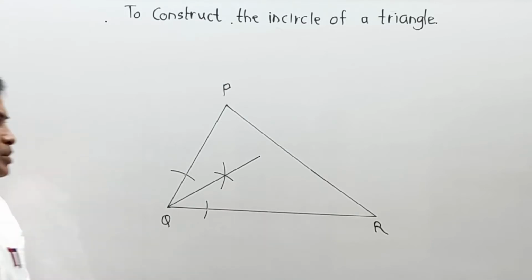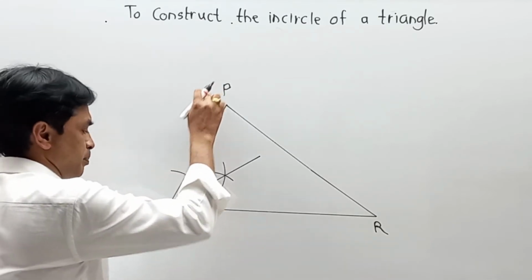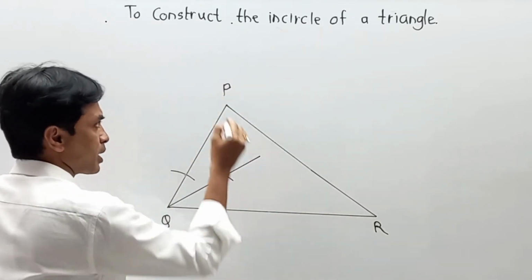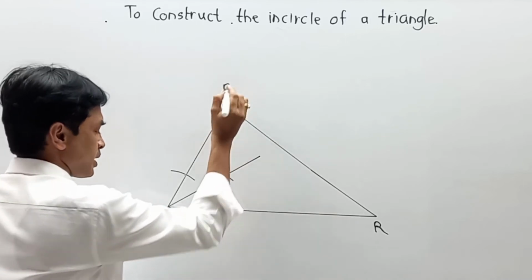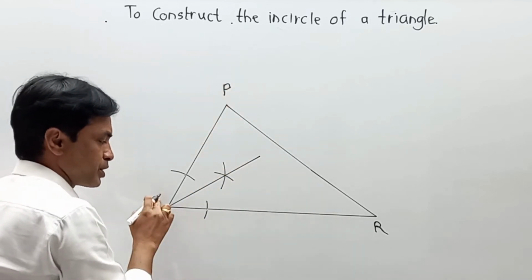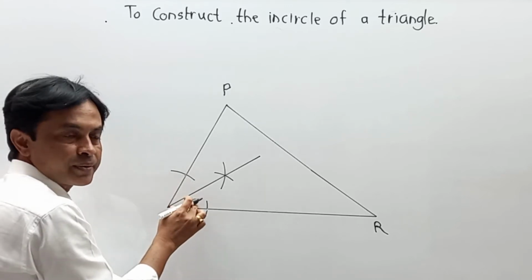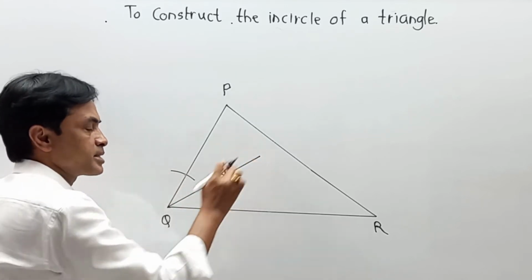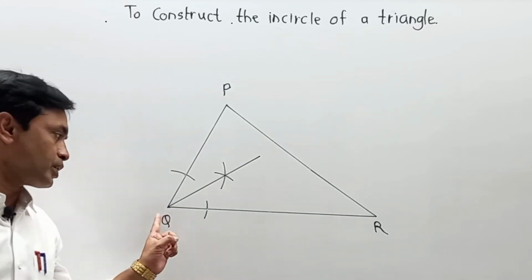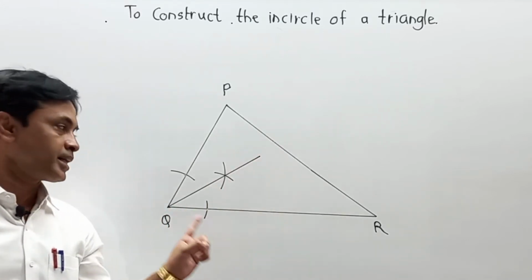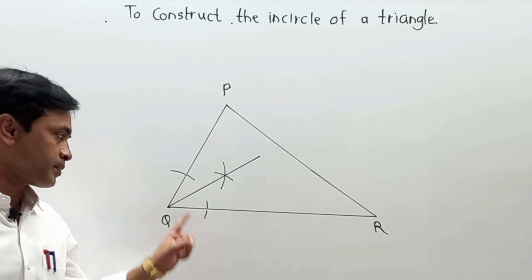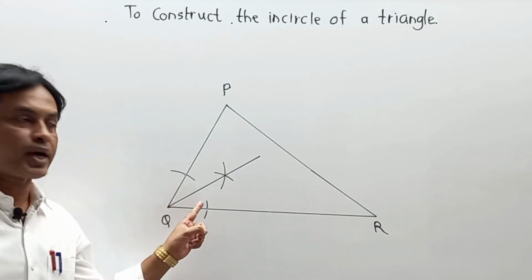Means this triangle PQR in which this angle Q is over here. Now this Q, if I say it is 50, then it is divided by 25. If I say it is 60, then it is divided as 30. In short, this is one ray or segment that I have drawn as an angle bisector. This is the first step where you are going to draw an angle bisector.